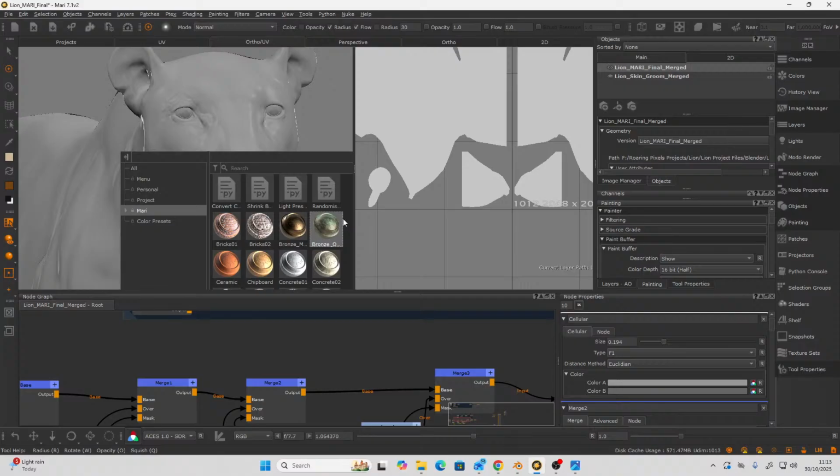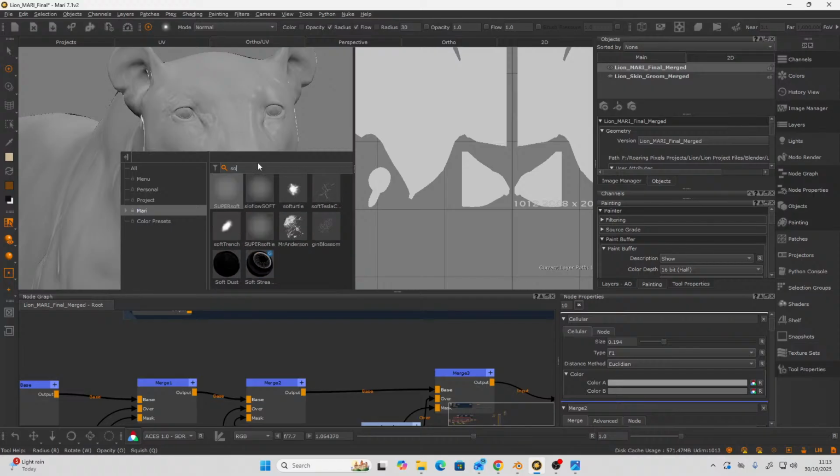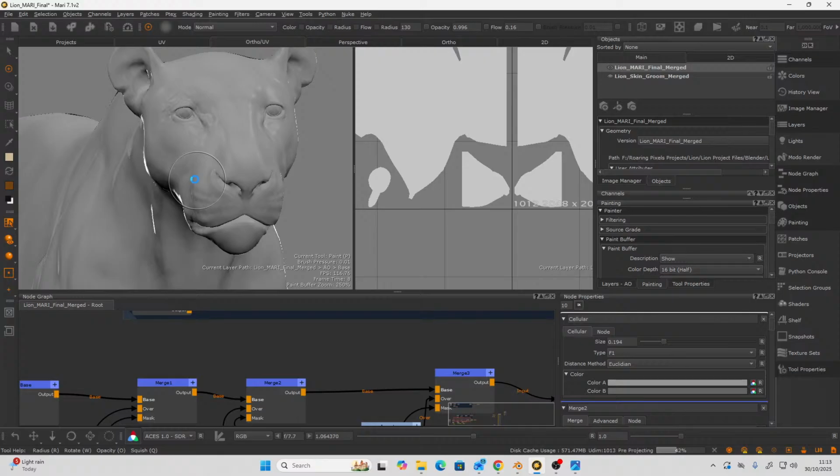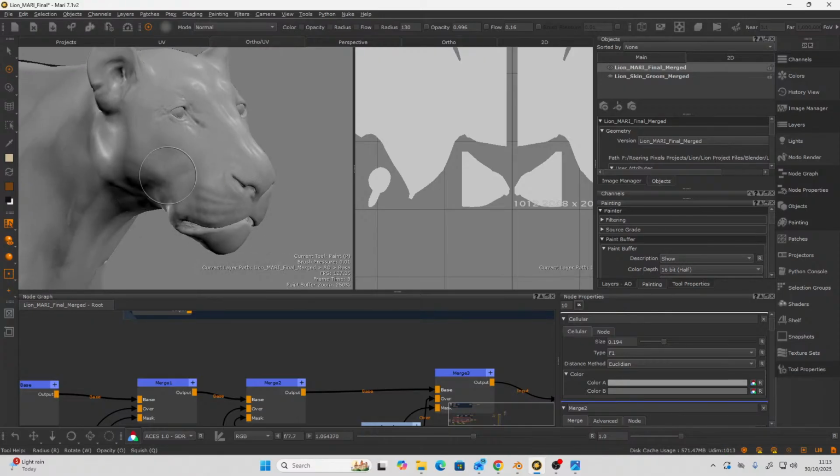So Mari, and you can find the brush that you want, say soft. So there's super soft, slow, and all these nice brushes, right? So super soft is really good. So get that. But right now, if you paint on it,